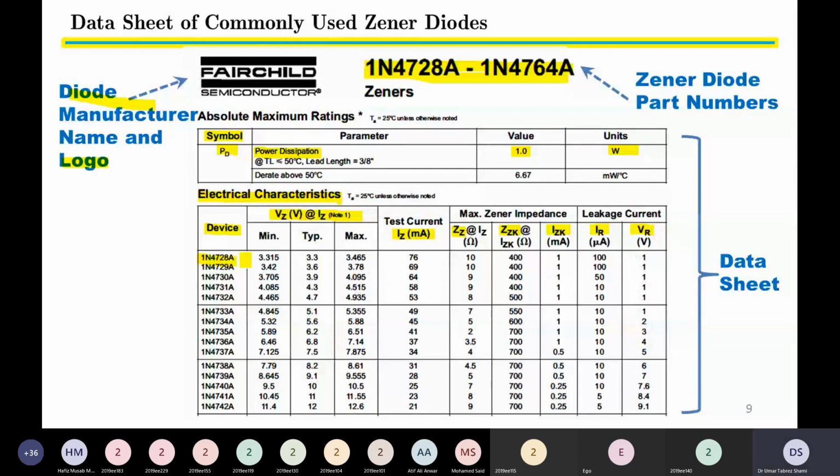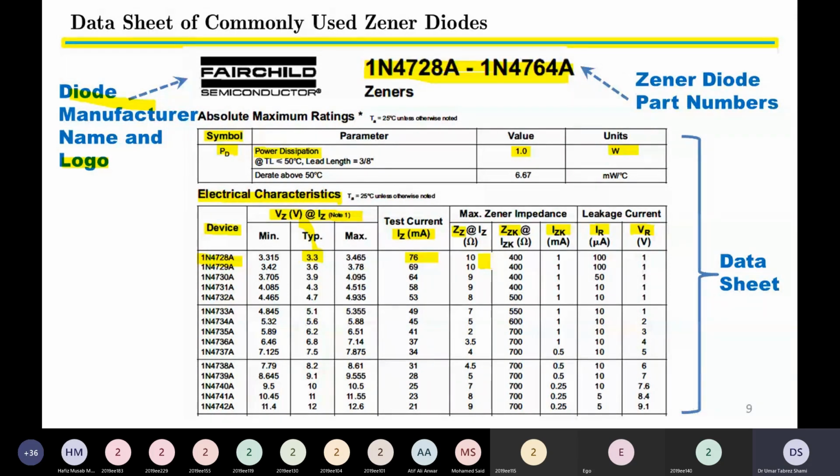So for model number 1N4728, the VZ is 3.3 volts. The 1N4728A Zener diode produces a voltage of 3.3 volts, whereas the Zener current is 76 milliampere, and the Zener dynamic